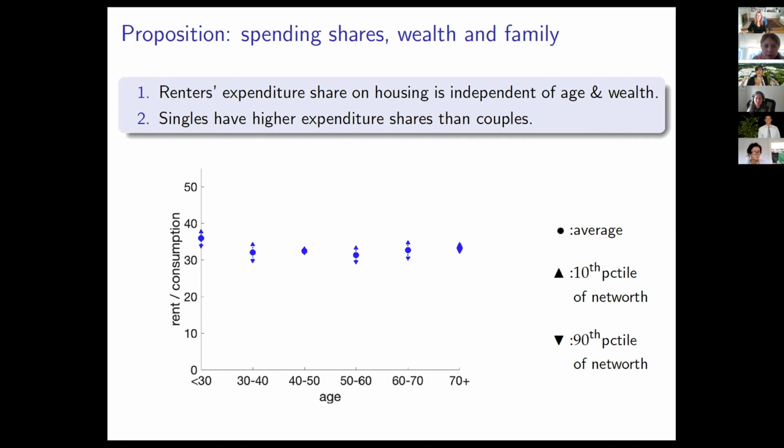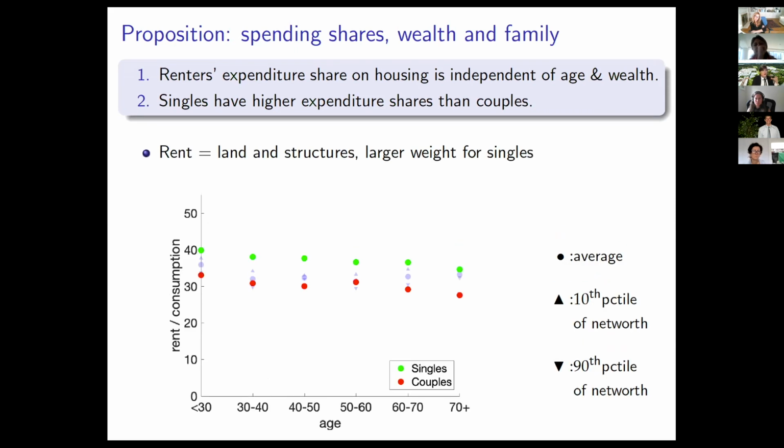The triangles, upward and downward facing, now plot the expenditure shares at the 10th and 90th percentile of the wealth distribution respectively. So while it is true that richer households tend to spend a little bit less on rent, the magnitudes are small. And in fact, in some of the age groups, you really have to squint to even see these triangles. So in particular, this variation of expenditure shares by wealth is really small compared to the variation by